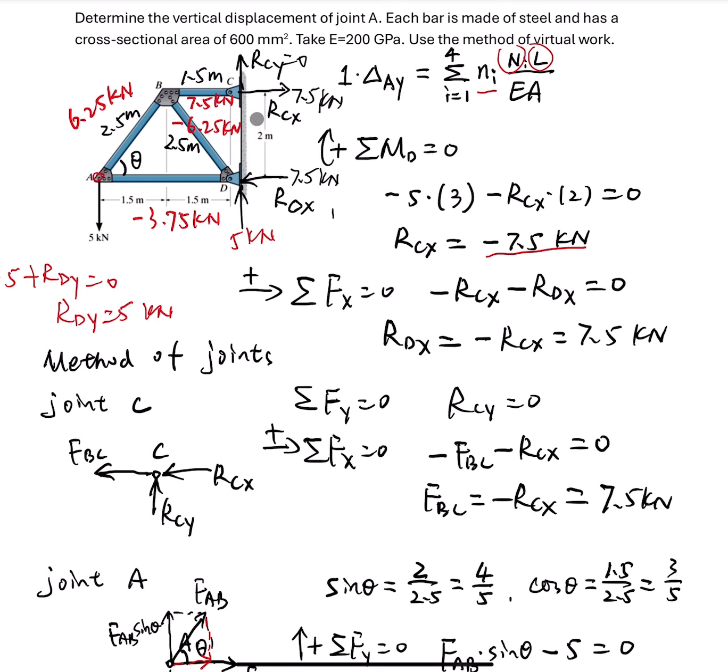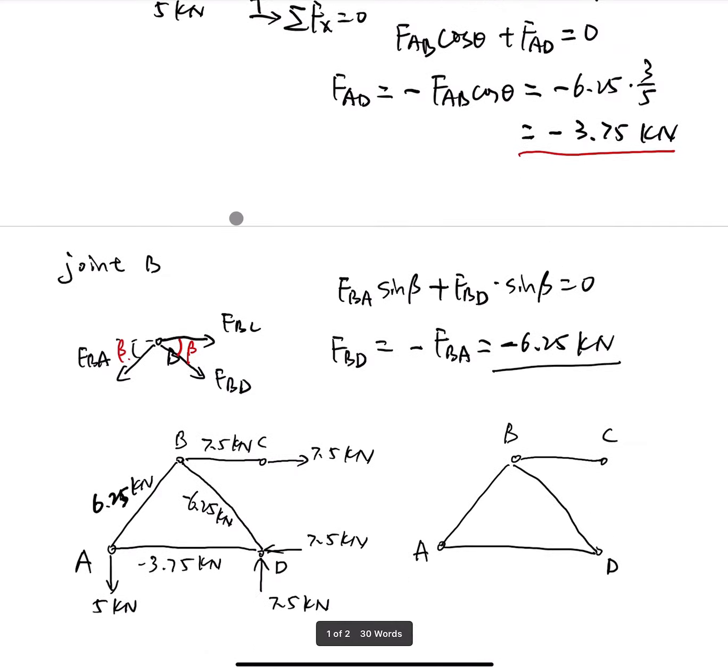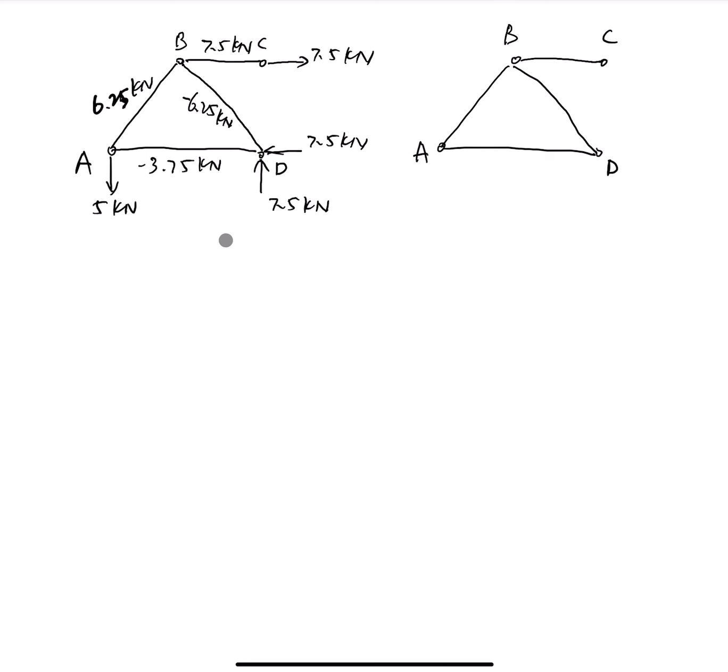So let's move these real systems to here. So we have these real systems. We got this member force, reaction force shown here. So we see this is the real system, and here we have the virtual system. For the virtual system, because we need to know the displacement of joint A in vertical direction, so we